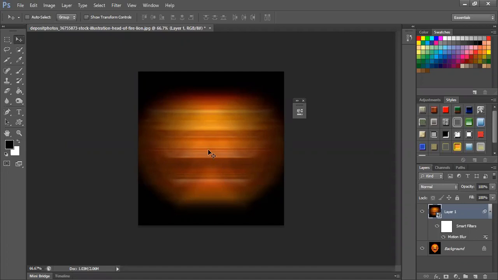Now, what is the advantage of doing this? Can I do something on this? So I'll go to the smart filter, this white box. You can see the white box below. I've just selected the filter mask. This is called a filter mask. Select the filter mask and use the brush tool.